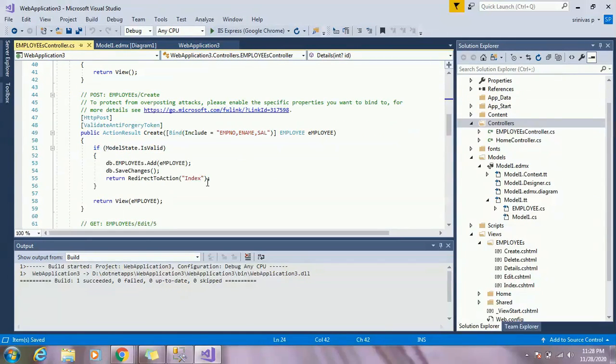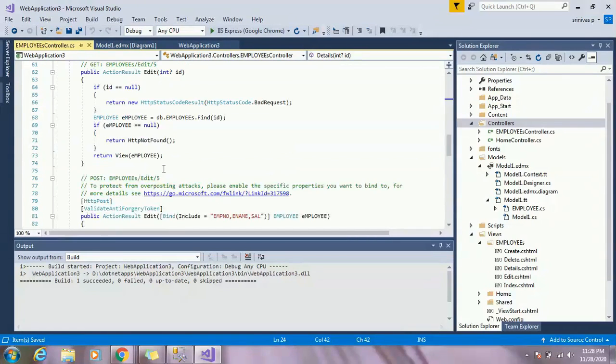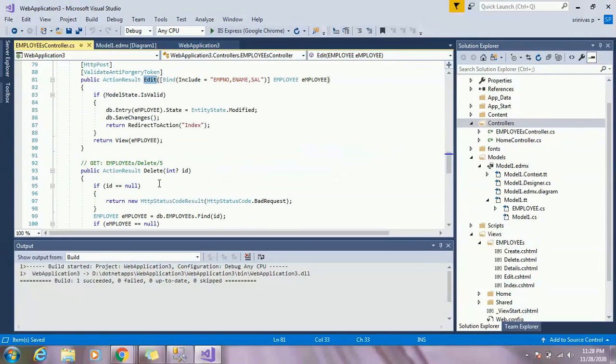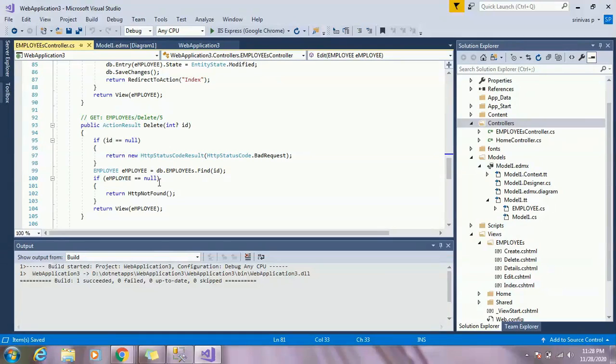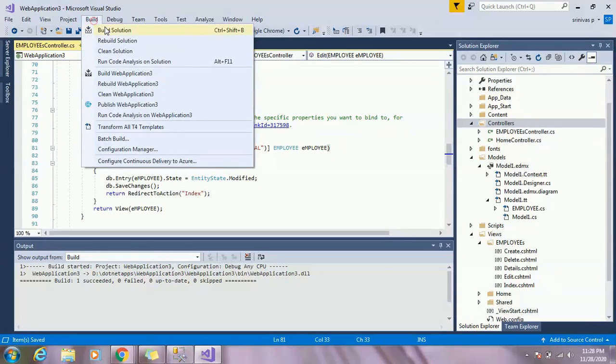Here we are sending the data, the employee model, and it will insert the data, as well as edit, post action, update option and delete option. Okay, so once we implement the scaffolding option, we need to go through the code, then only can we know how the entity framework automatically implements the logic here. Okay, so now once you build the application,